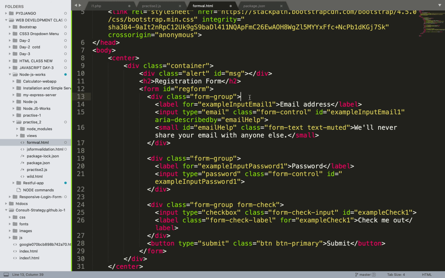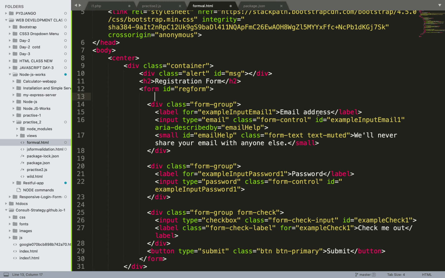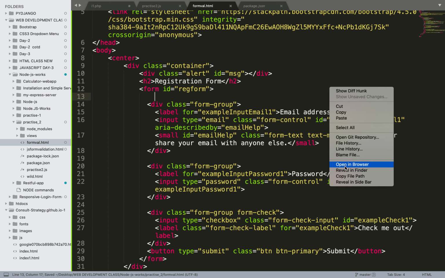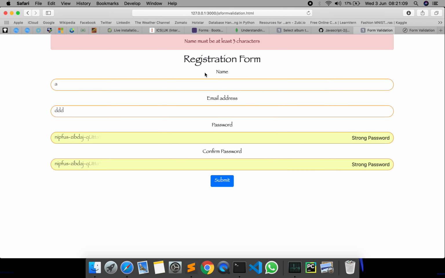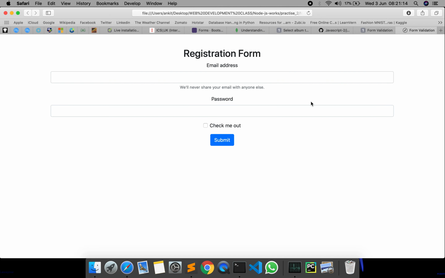Let's see our web page once. This is just a normal looking website with these boxes and submit buttons, but we need to make it like this. Fine, so let's modify it.